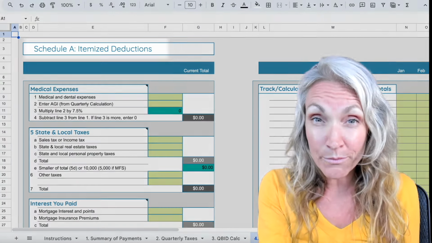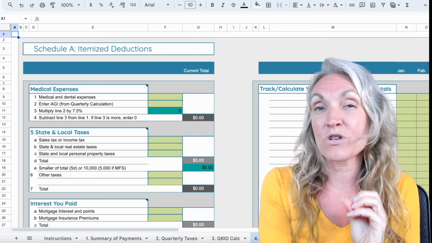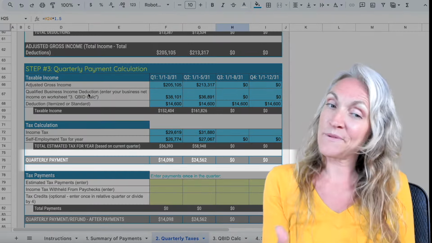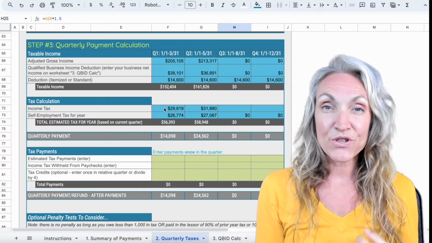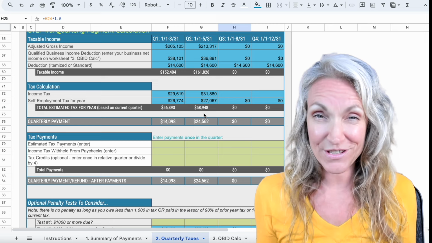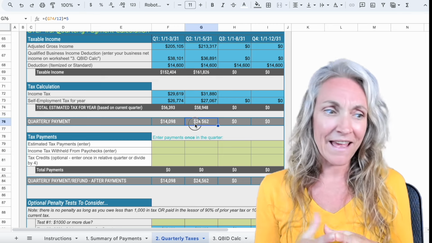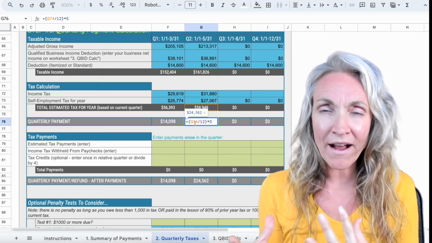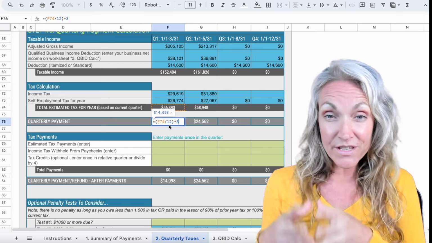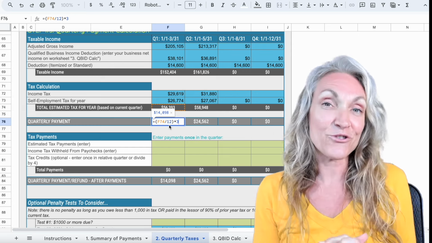The other is itemized deductions. So if you itemize your deductions, this will help you get a precise estimate on those. And then the result tells you how much you need to pay for the quarter. So what I really like about my spreadsheets is they help people actually understand the quarterly tax calculation instead of just kind of answering some questions in a software where you never really understand how they're coming up with the numbers. This way you'll be able to see it right in front of you